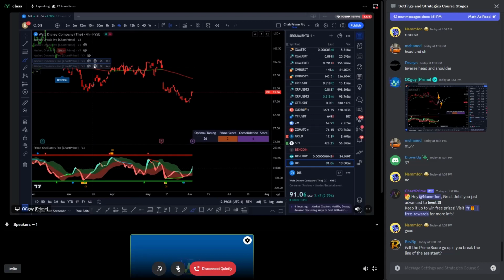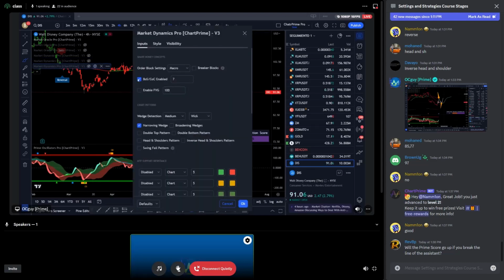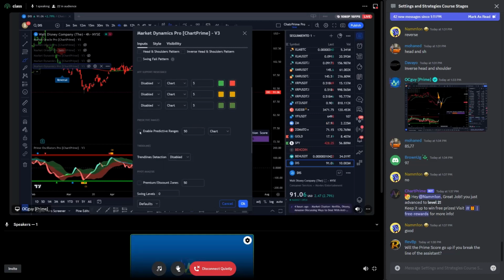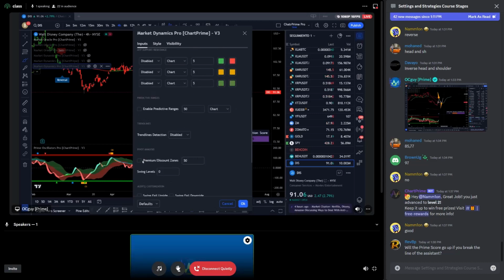And the last one, I'll be combining, again, turning everything off. So disable. I'll be combining swing, premium. Oh, here it is: premium discount zones and swing levels. I like to add from 3 to 4. So let's add 3, right? So swing levels are basically the levels that we had previously on multi-time frame support and resistance, right? So that will be helping me to understand what's going to happen.